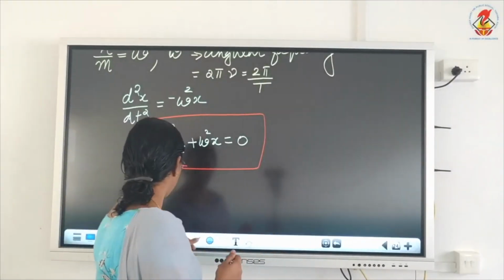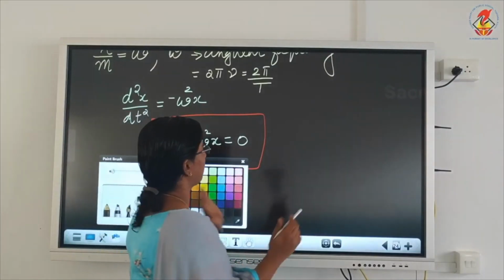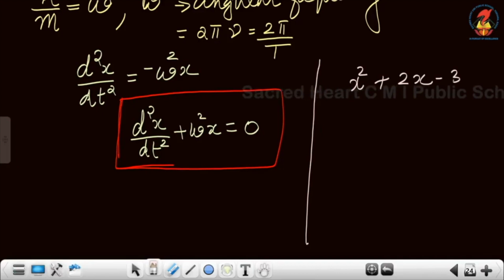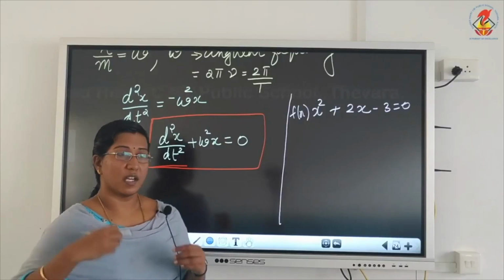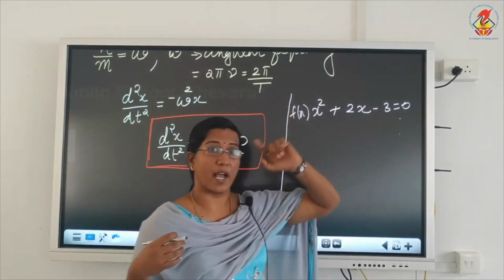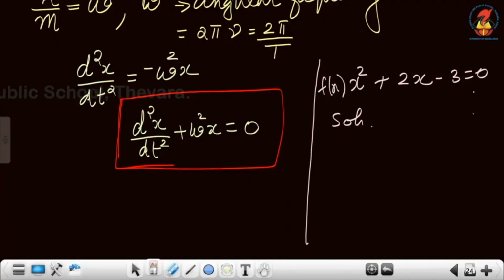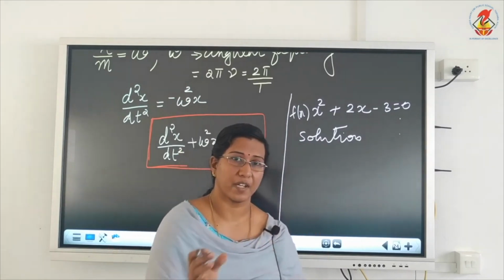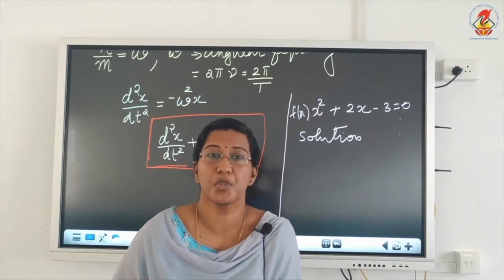Now imagine you have an equation with you, x square plus 2x minus 3 equal to 0. I am just giving you an example. f of x is equal to this. And when you put certain values to x, you get the value as 0, then those values of x are known as solutions of the equation, isn't it? When you substitute a value, you put 1, you try to put minus 1 and so on, and if you get the value 0, then definitely that value of x is what we call the solution of the equation.